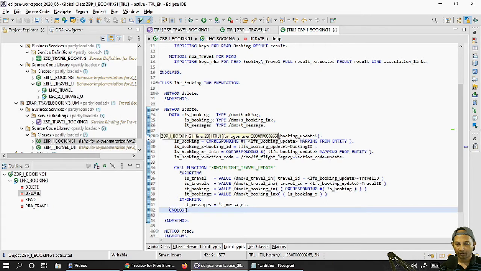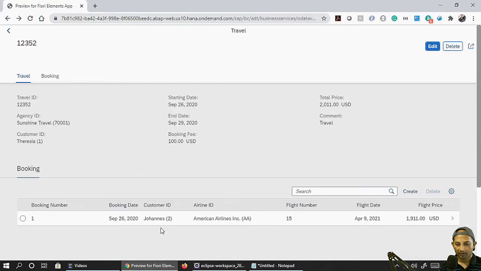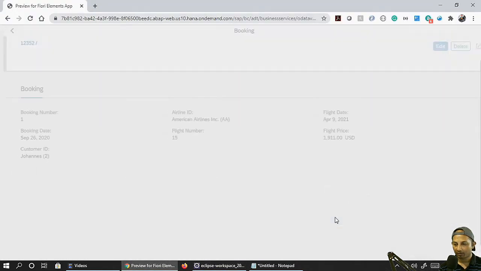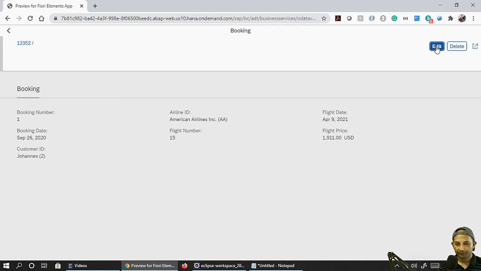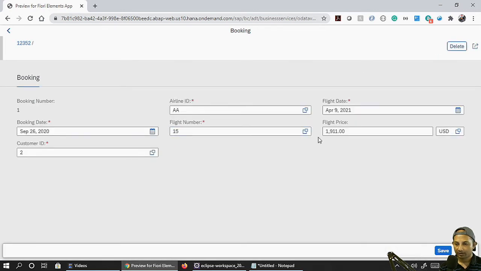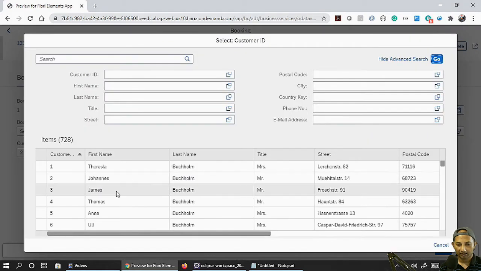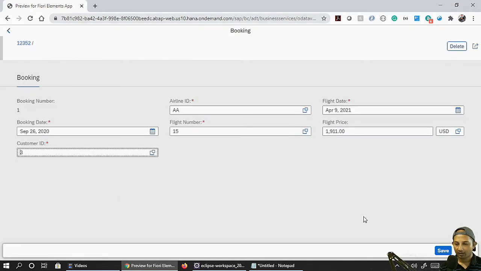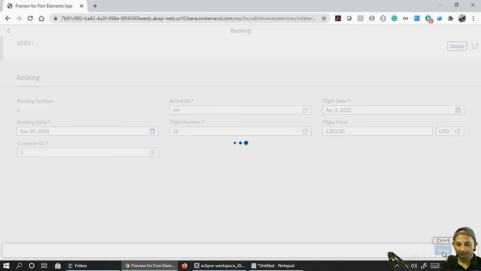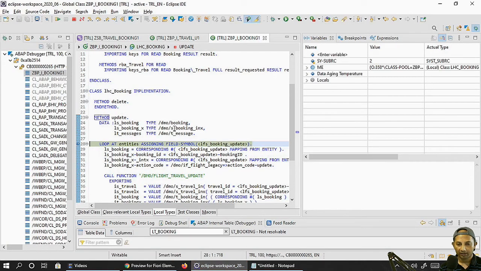Let's put a breakpoint, hopefully it will be triggered. Go there and click on edit. Let's say change the customer ID to something else, let's say 3, right? Click on save. Yeah, debug point reached, and it's coming to the update part.